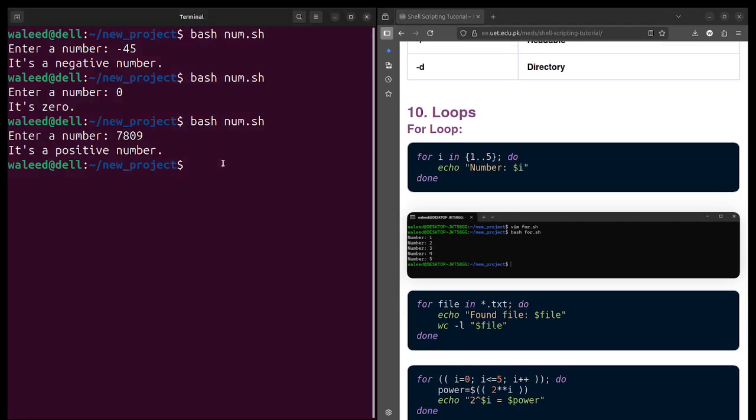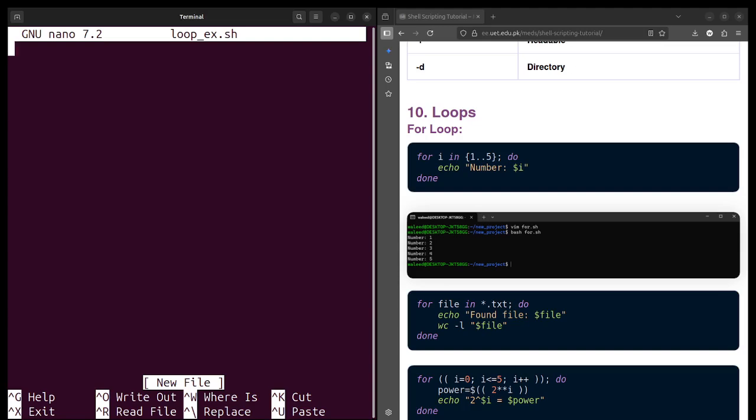Let's say I made a file, let's suppose loop example.sh, and in that file I write a simple for loop: for I in, let's suppose, 1 to 10, and then you will write do as a keyword. Then simply you will write whatever you want to do.